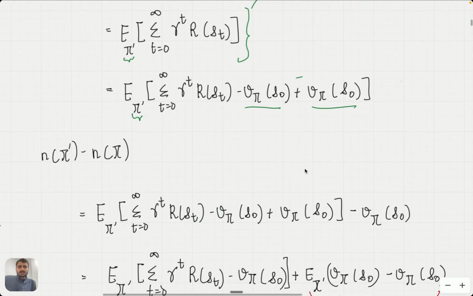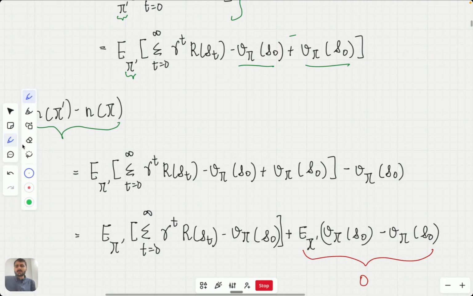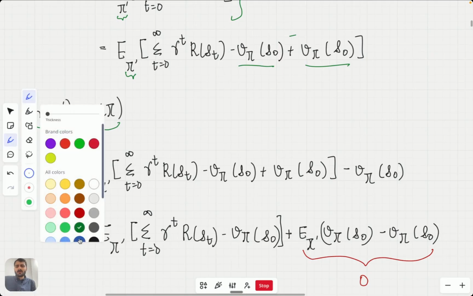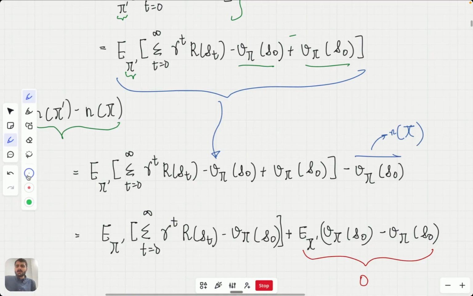Now what I do is I write down this expression now, which is n of pi dash minus n of pi. For n of pi dash, I'll just simply substitute this whole expression at the bottom. So I substitute this whole expression over here, and this is nothing but n of pi. Okay, now what we do next is,